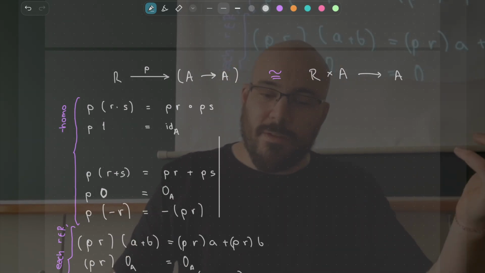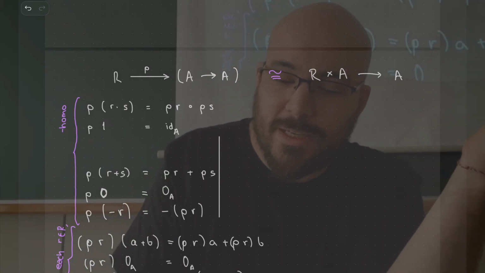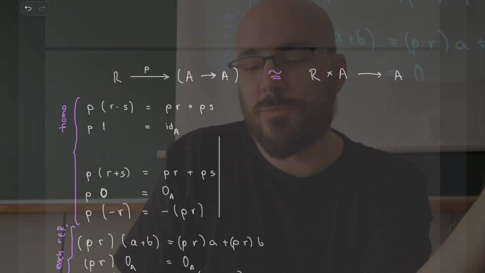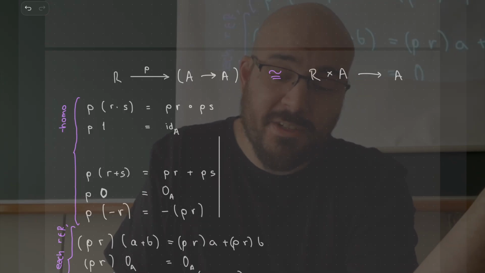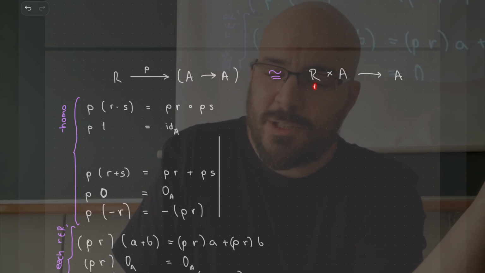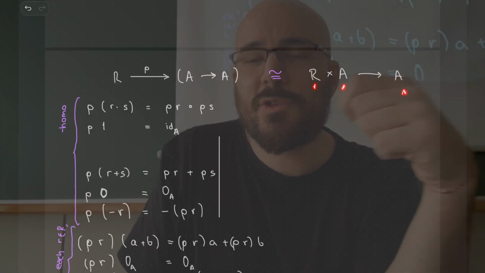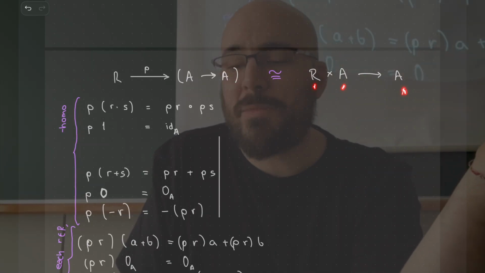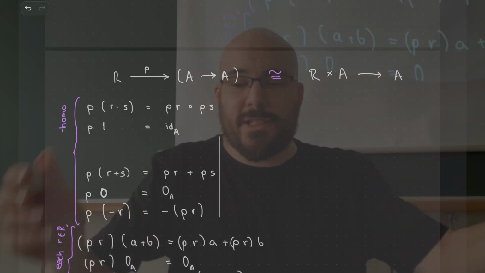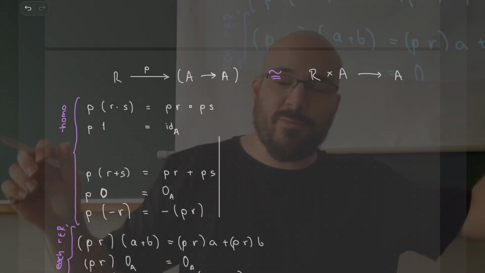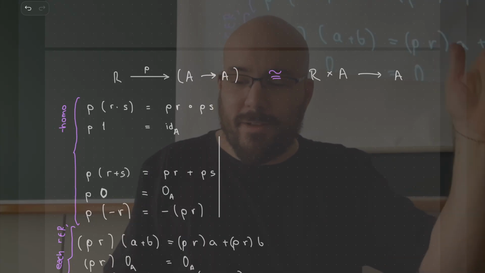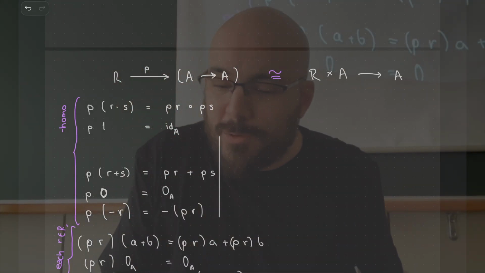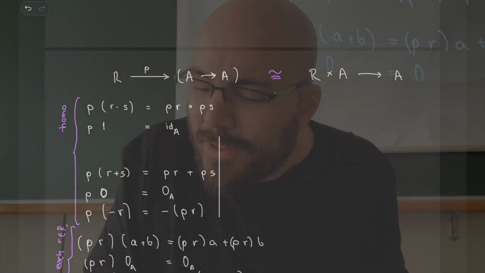And this means that instead of viewing this as a mapping from R to maps from A to A, you look at this as if it was a binary function that takes an element of R, an element of A, and gives you back an element of A. I cannot call it a binary operation because I call operations things that are on the same thing. You give me a binary operation on which type, it will be on A, it's from A and A to A. So this, I will not call it an operation, but it's a binary function that takes this, okay,